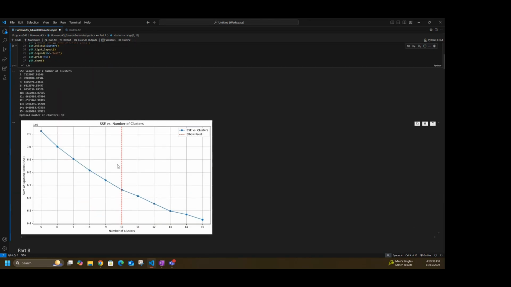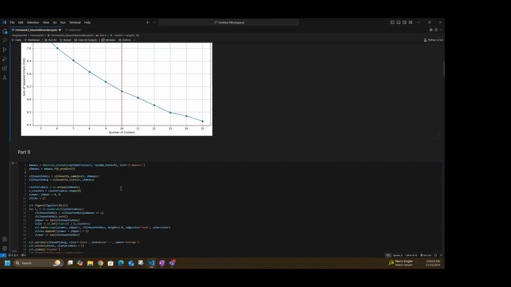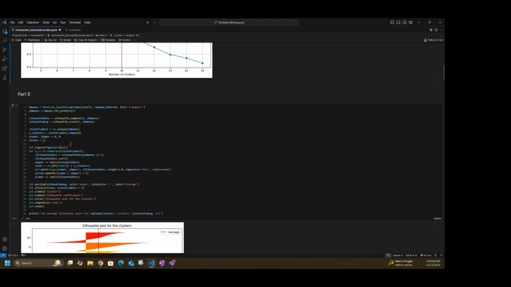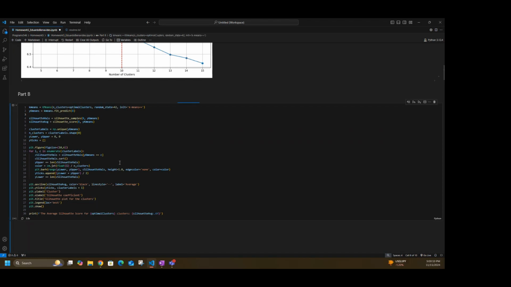In using that method, we're essentially finding the point where the decreasing rate makes a sharp turn and becomes more consistent instead of a steep decrease. According to this, that point is at 10. So the optimal number of clusters is 10 clusters. We use that for the rest of the project, and in about 7 seconds, you will see the generated